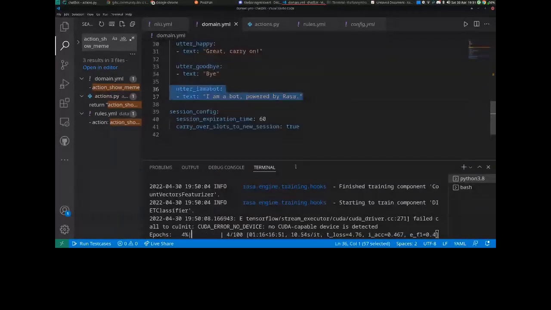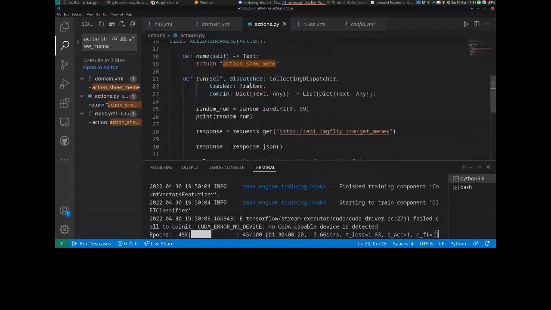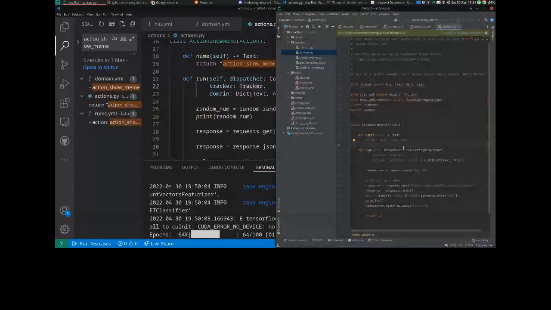Okay, finally it started. And actions is basically all the custom actions which you will do after you ask something as a user. So that is where we add all the stuff. Now talking about that, tracker gives us different stuff.